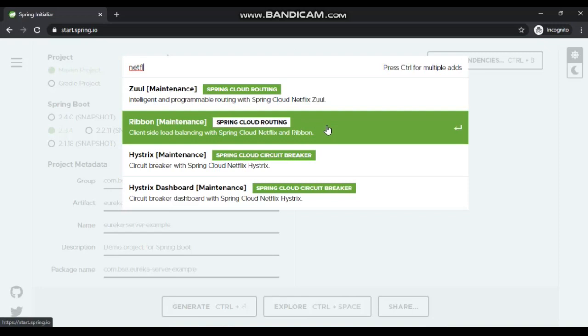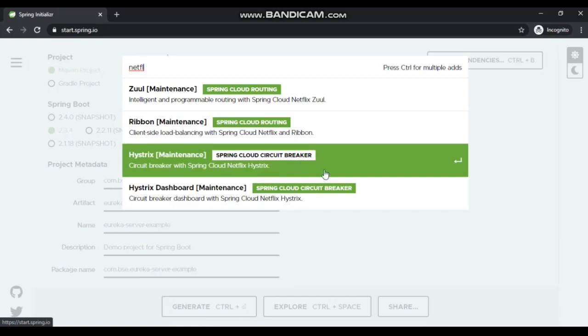If we have a service installed on multiple instances, which service will be called at runtime will be decided by Ribbon. If you use Ribbon, there is a load balancer and load balancing class which we can use to decide. The Ribbon itself will take care of calling the services at runtime. Whichever service is available, that will be called.